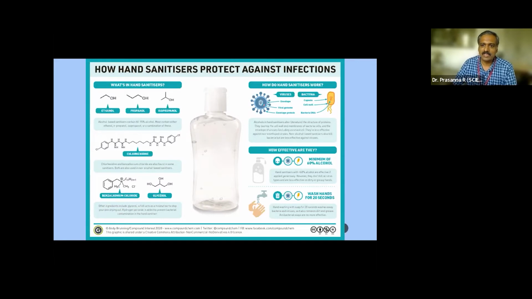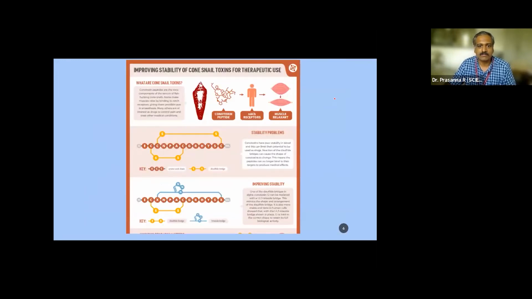So what it basically does is, you take a sanitizer and it tries to destroy the cell wall of the virus or the bacteria, thereby destroying it completely. When the cell wall is destroyed, it cannot replicate anything. The cell wall protects everything. Inside you have a viral genome, and this is an envelope which has been covered here. There is a protein on the envelope. So when you use either of these, it disrupts the cell wall or the envelope portion, thereby destroying the entire unit, either a virus or a bacterial unit.